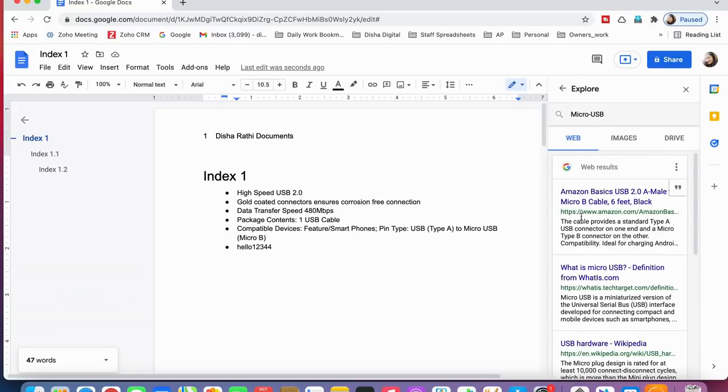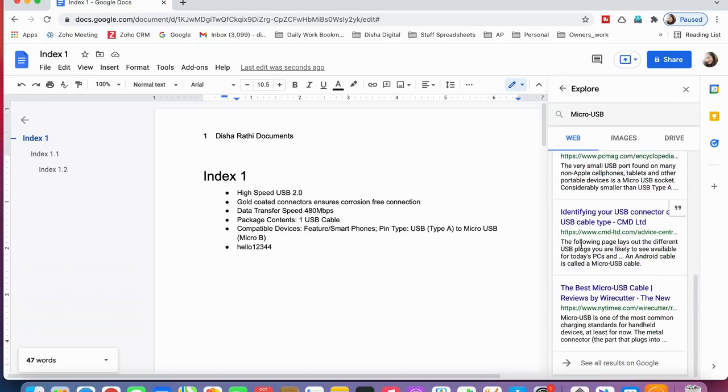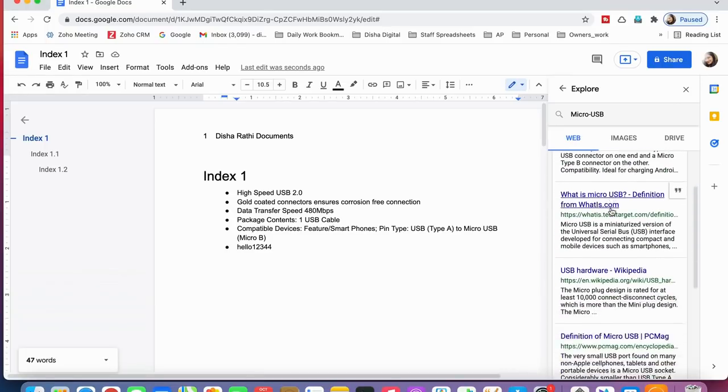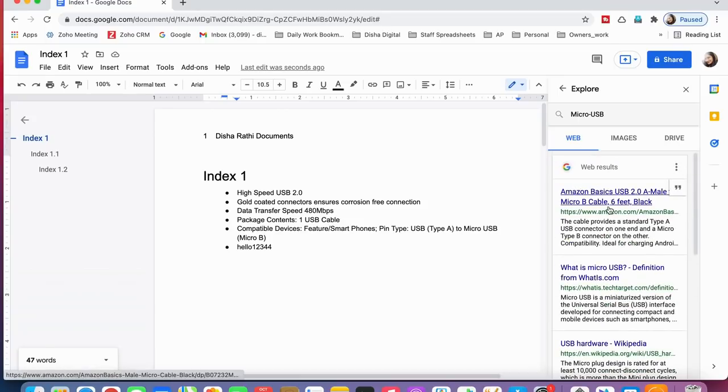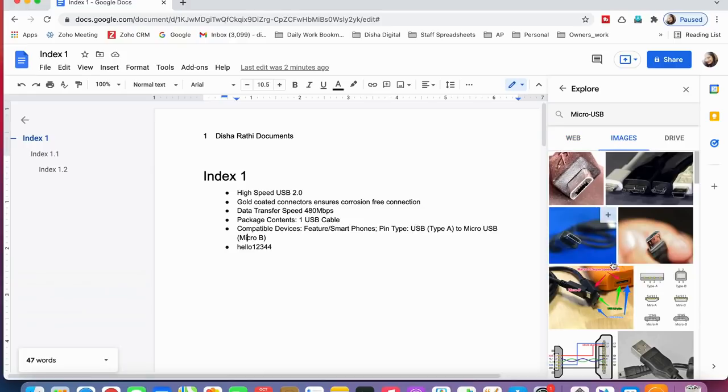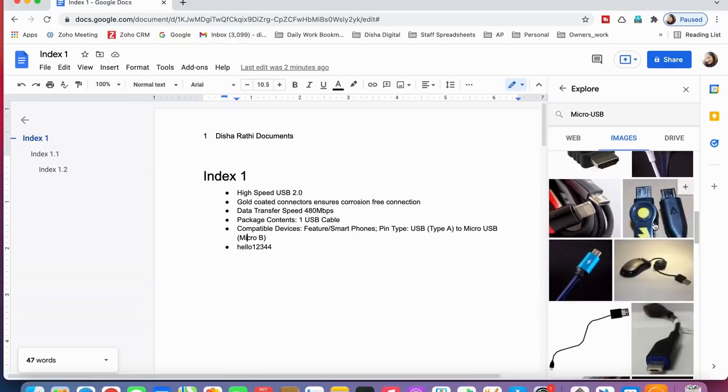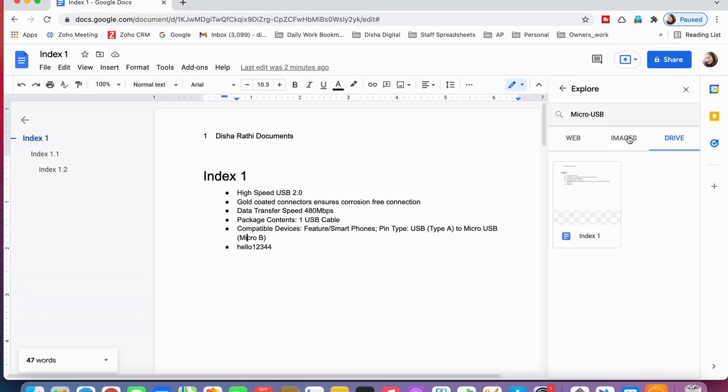You will find web results automatically in the document itself. These are the actual Google results it will recommend. Make sure your internet connection is active, then only it will recommend. If you want to check any micro USB images, these are some of the micro USB images. If you have stored something in Drive, it will be here. In my Drive, this is the only document in which micro USB is written, that's why it recommended this file.